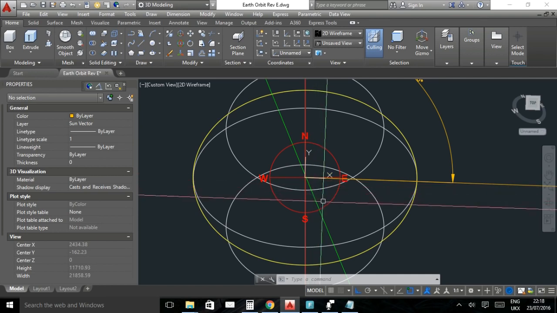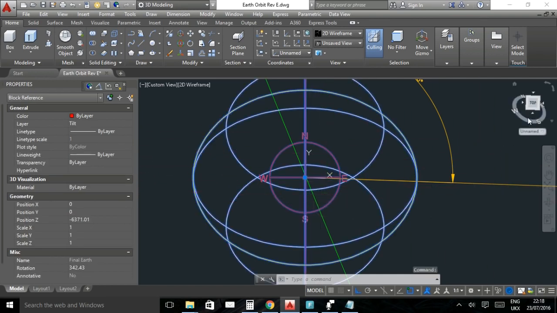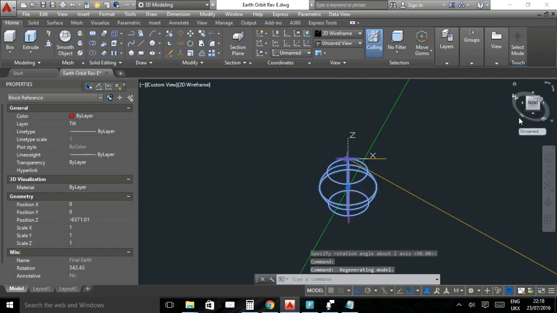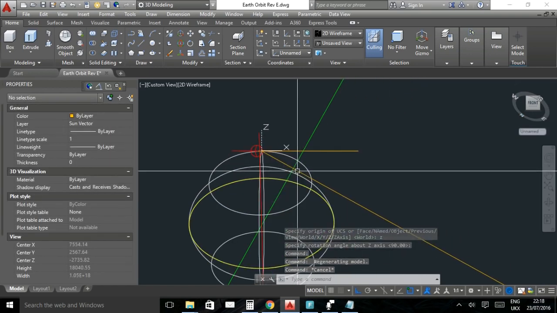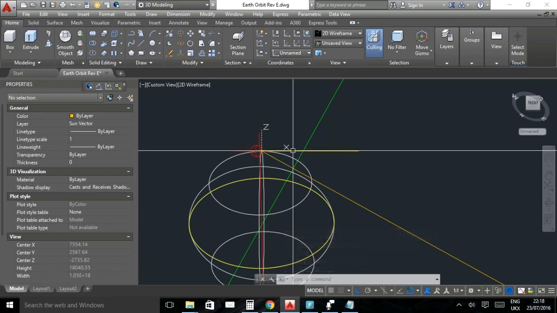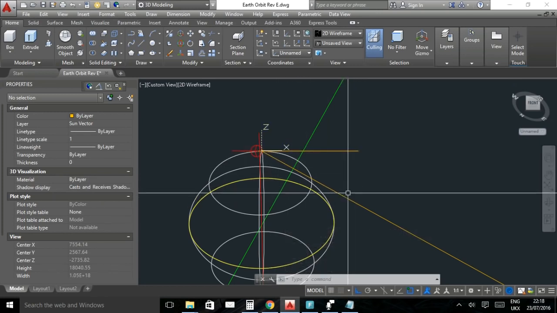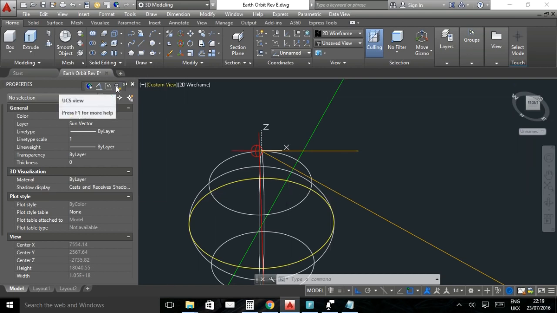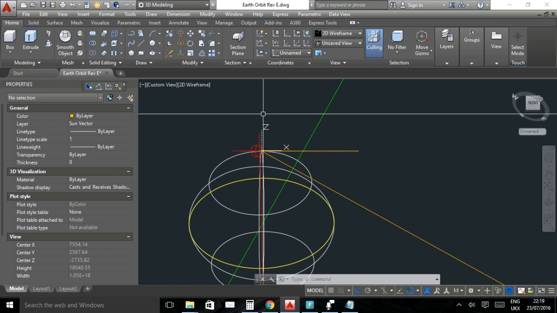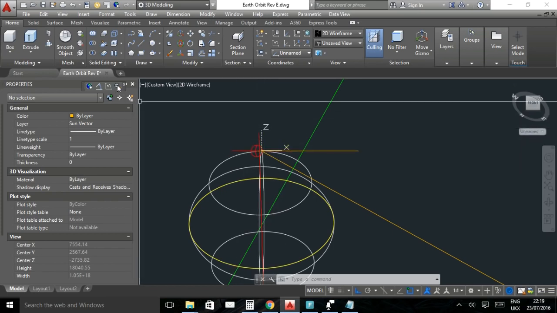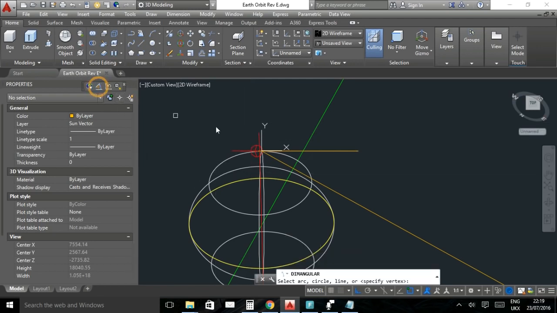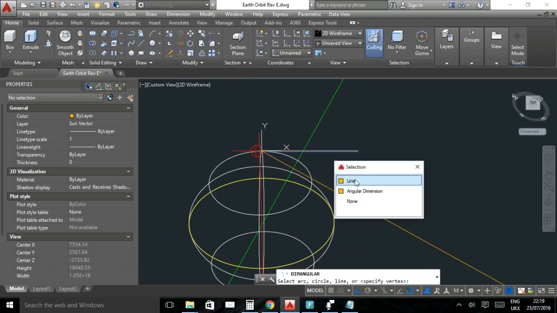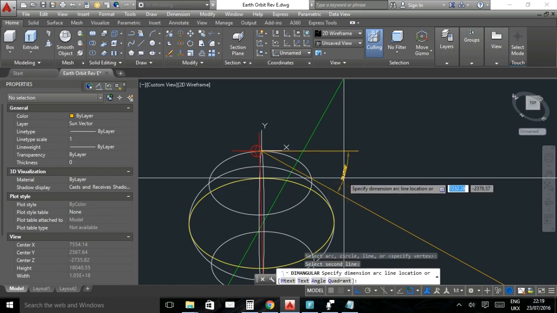So now all we have to do is look from a front view, like so, and we know that the angle that we're measuring, the elevation angle now, is from this horizontal line down to the sun vector line. Because we've got X and Z at the minute, we need X and Y, so let's change it to the current view. So we've got X and Y, and we'll take a dimension from this line to this line, and we have